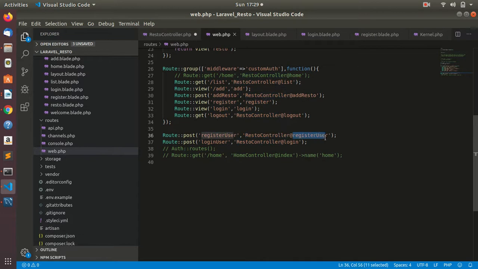Now the register user function is handling all the data, validating it and then sending it to the model instance, and the model instance is saving it into the database. So that's how we registered our user.